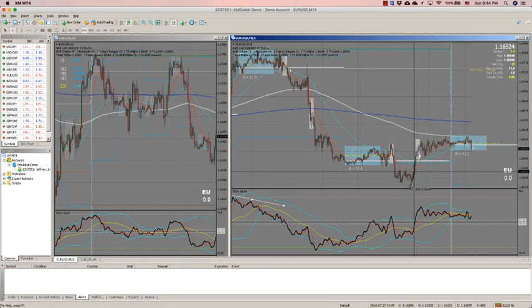Nice tight stop, 14-15 pip stop, and about a 30 pip trade to the top of the wick here. Okay, so not bad for a 2-to-1 trade, and you turn that around, and then they just kind of went into consolidation into the new week. Okay, so